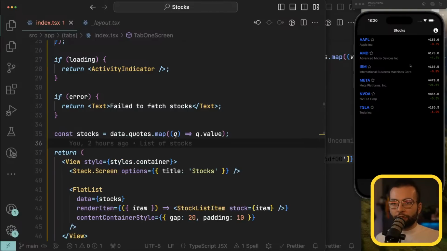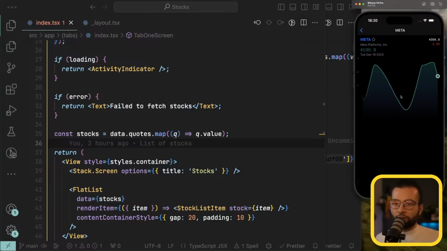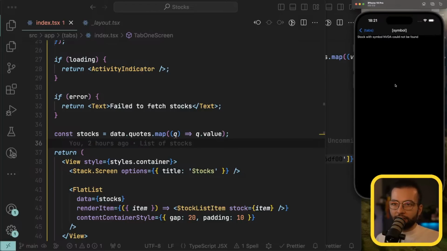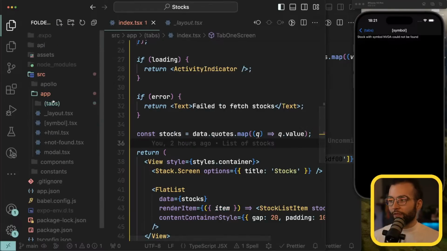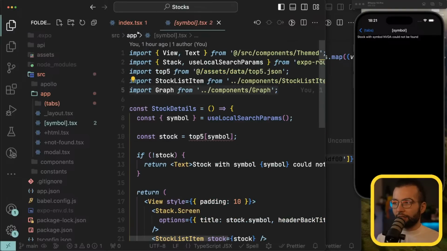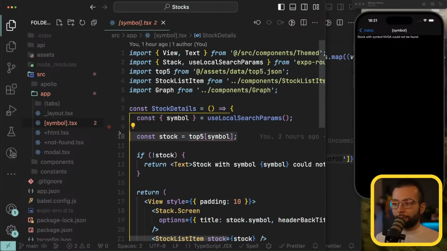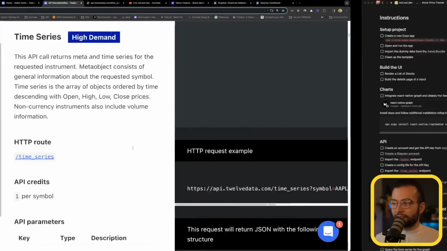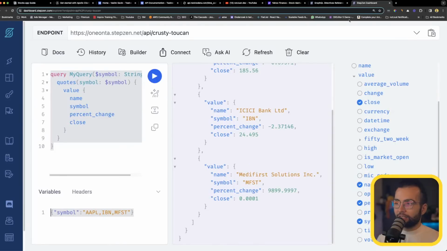Perfect. The next step is going to be, now if I press on one of these stocks, if I go to the details, for example, NVIDIA, we see that it doesn't display it because the details page that we can see under the symbol here is still working with the dummy data. Well, let's go ahead and query our backend for information about this symbol. The process is as follows. It's the same one, and let's repeat it. We go to our